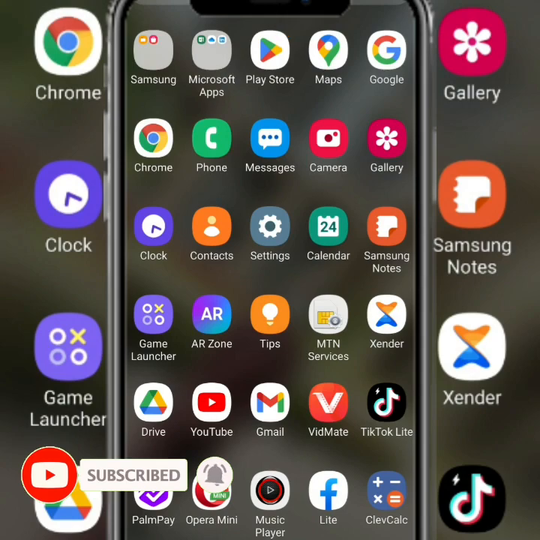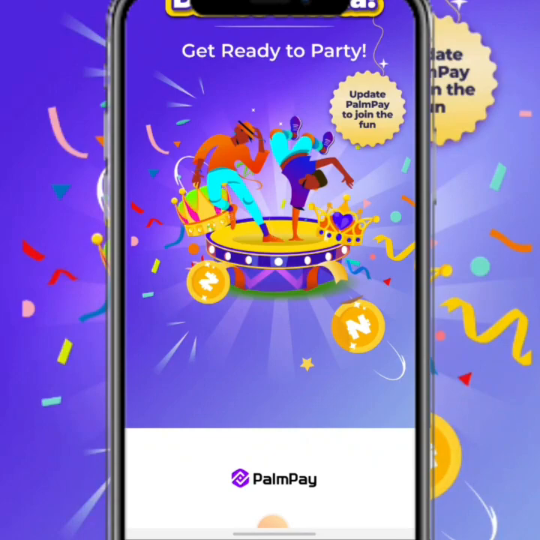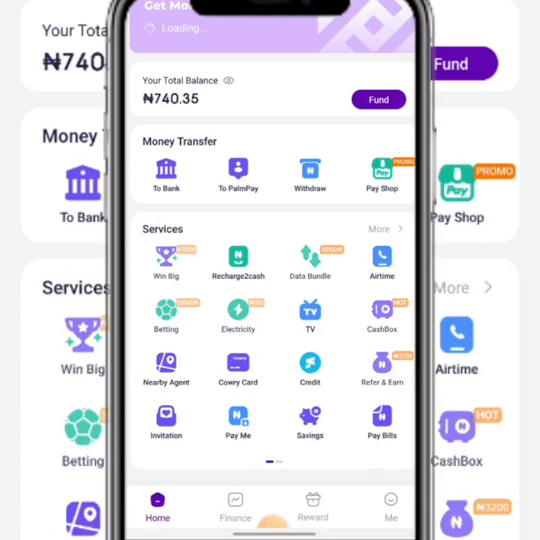The name of the app we are going to use, as you know, I believe all of you have this app in your mobile device. The name is Palmpay. And this Palmpay is a microfinance bank where you can do financial services such as doing transactions, buying airtime and data. And the most interesting fact about this microfinance app is that you can also take a loan from there. Let us open it now.